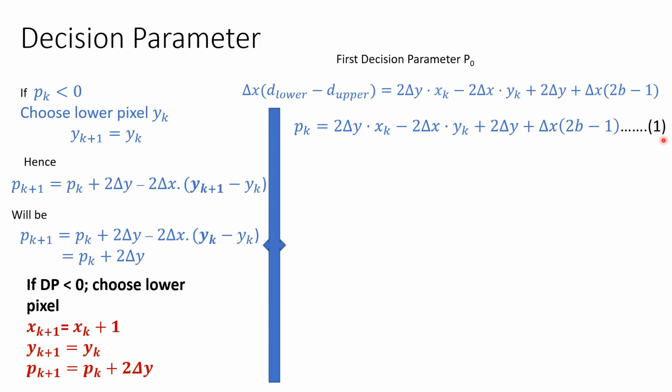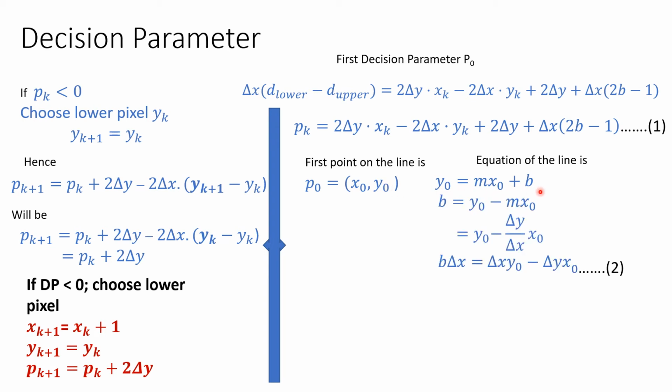We know this was the equation of the pk in the previous slide. Now what we'll do in this equation, we'll eliminate the value of b. We'll try to substitute the value of b, and for that we use the equation y is equal to mx plus b. Using the first point, which is assumed to be at x0 and y0, we say y0 is equal to mx0 plus b. Now we can take the b, putting b on the left hand side, we get this equation. Substituting m as del y by del x and expanding the equation, we get the value of del bx. Now this del bx is substituted over here.